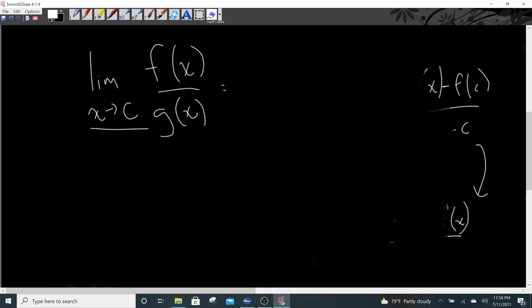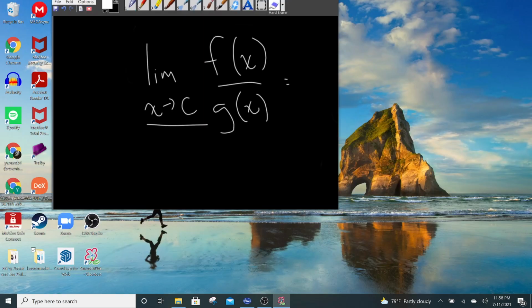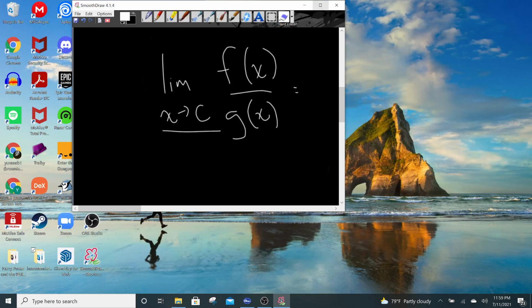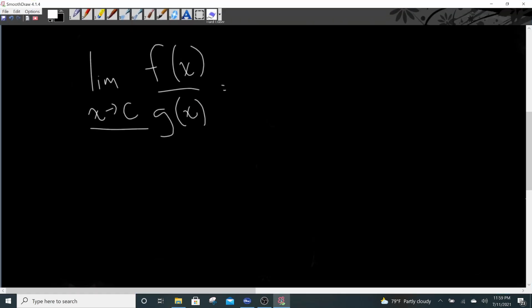Essentially, just say that x is equivalent to some c plus h, where h is some arbitrary value. But we're going to use that first definition, which is kind of like a proto-definition of the derivative,